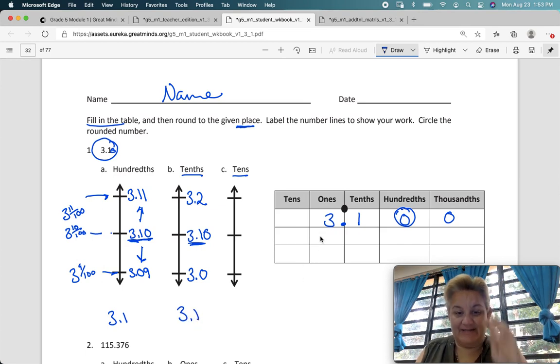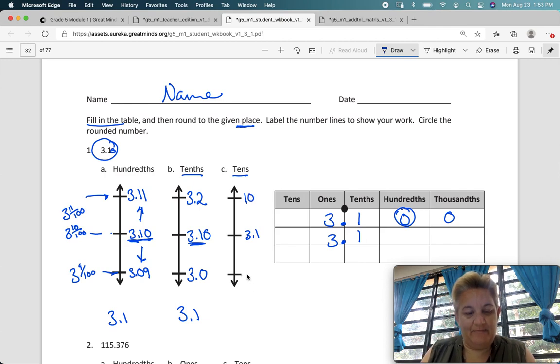Okay. So the next one is 3.1 as well. They stay the same. Now here we've got 3.1, and they're saying tens. Well, the nearest tenth to that is 10, and then tens, right? Not tenths, tens, no TH. So 0 and 10, okay? So 3.1, well, is that going to be closer to the 0 or closer to the 10? We don't even need to look, so this is the 10 spot here,